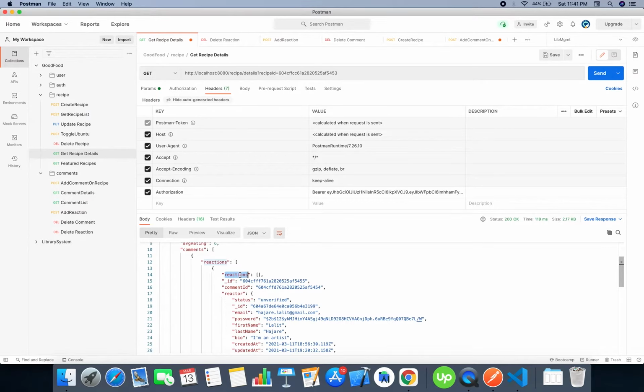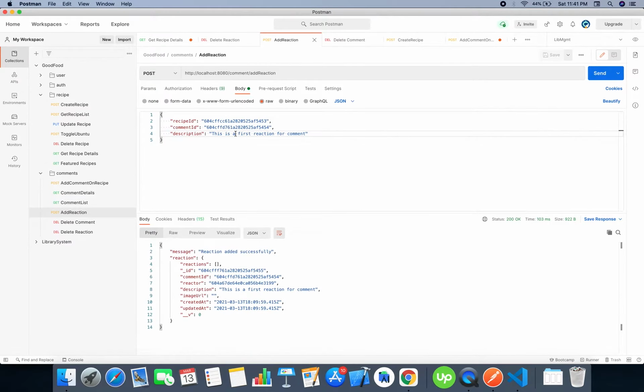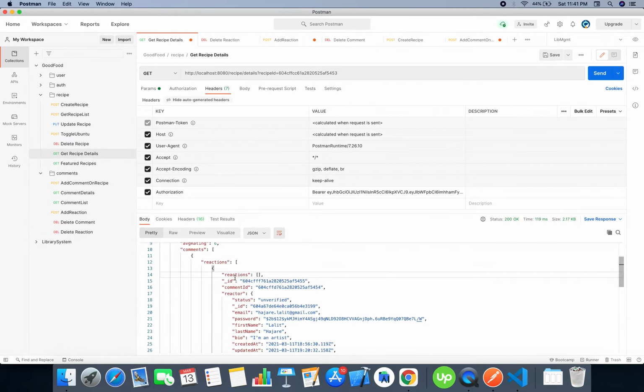Now let's add a second level reaction. And it will be having a parent reaction ID now, as it is a second level reaction. So the parent ID will be, yeah, this is the parent ID.